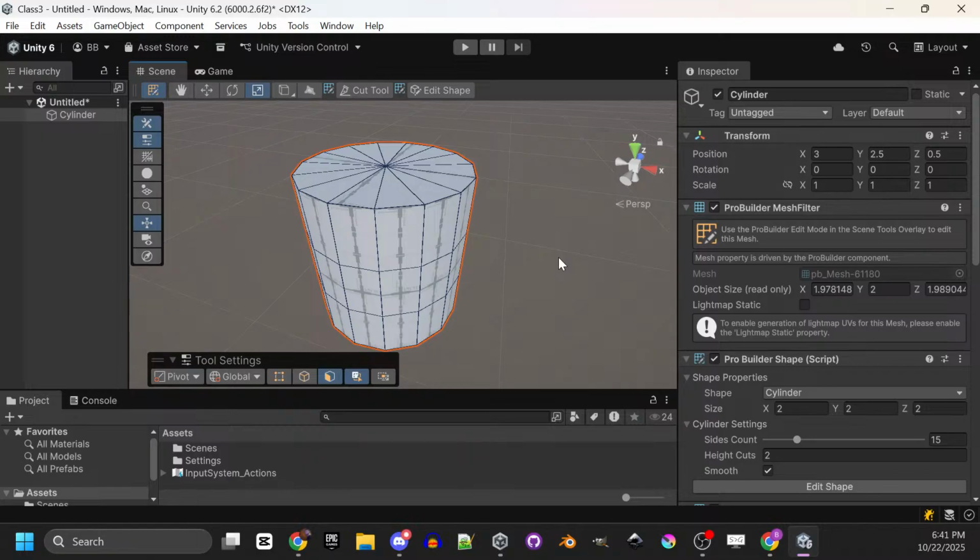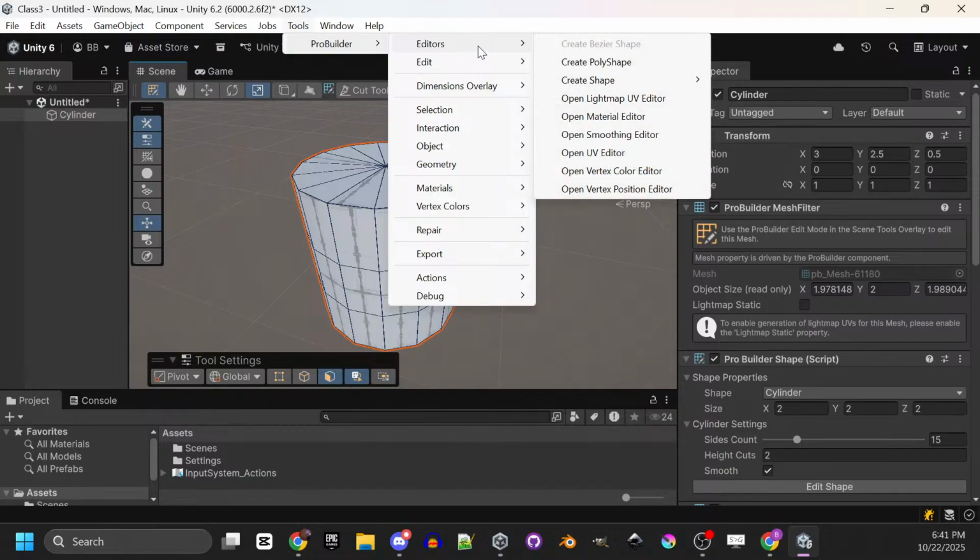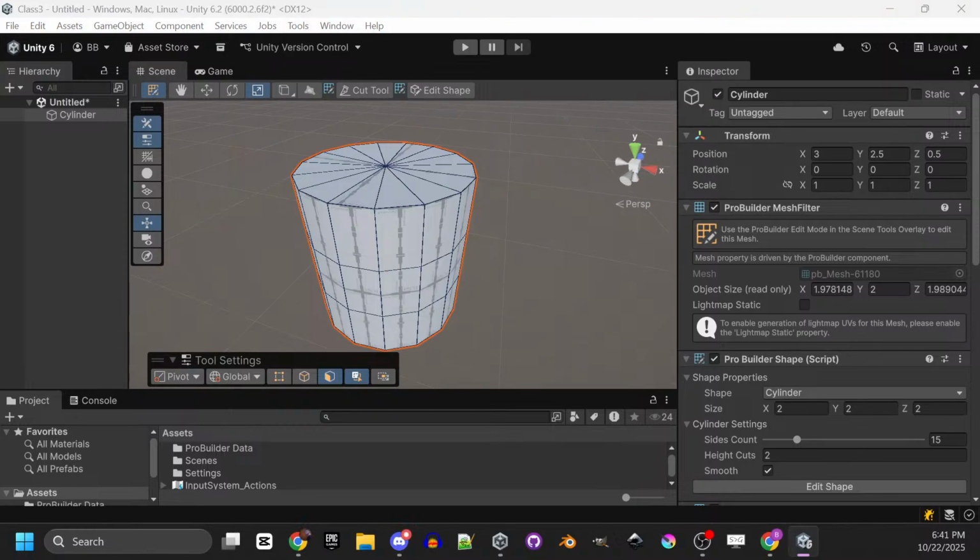You can have any object that has some different faces, because with vertex coloring, the way we use it is we select a face and we apply a color to that face. Now, the tools to add vertex color are under Tools, ProBuilder, Editors, Vertex Color Editor. So if you go all the way from Tools, ProBuilder, Editors, Open Vertex Color Editor, that will give you this